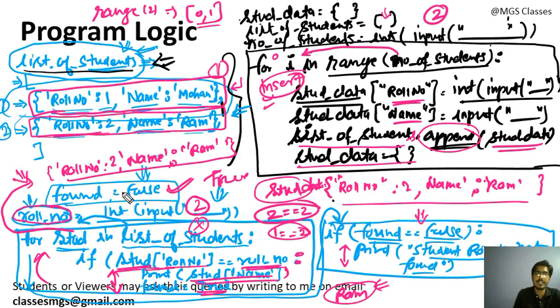Okay, so this dictionary, list and for loop concept, if it is clear, now we can go ahead and understand the logic of pickling. Now I am going to this logic. If you understand, I have explained it a little bit in detail. If you don't understand, then please watch this video again so that you can understand this logic. Now I am maintaining a list. Now what do I need to do? I need to insert this list of students into the file, that is a binary file, and then I will read this binary file, and then I will search for this roll number in the binary file. This thing I need to do.